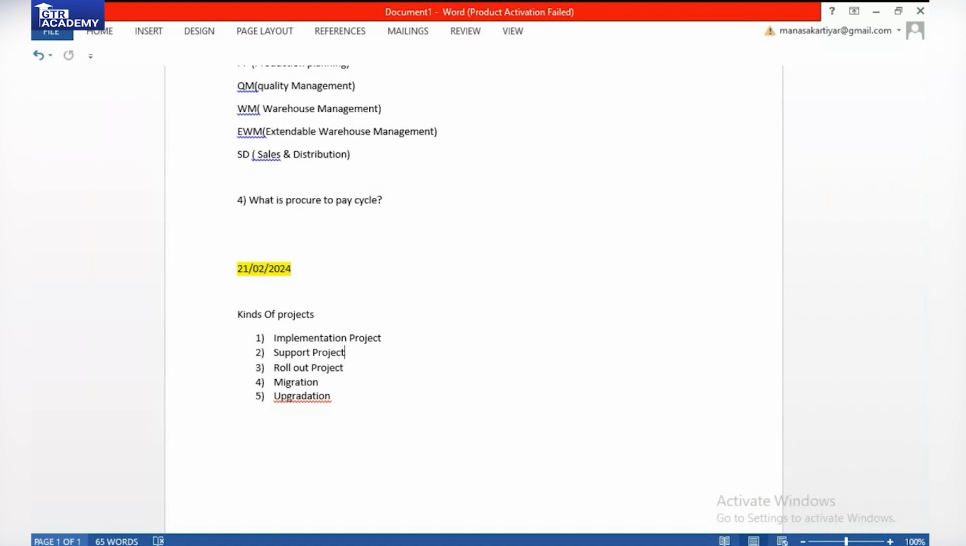And that is the difference between implementation and rollout. In the implementation, the company is not using SAP at all, and starts using SAP from the beginning. In the support project,